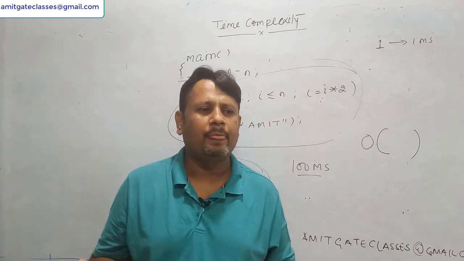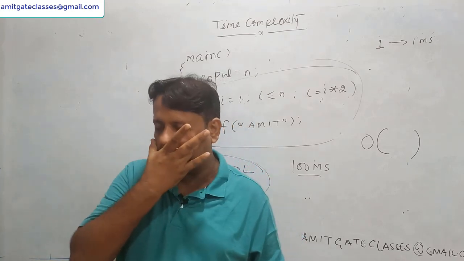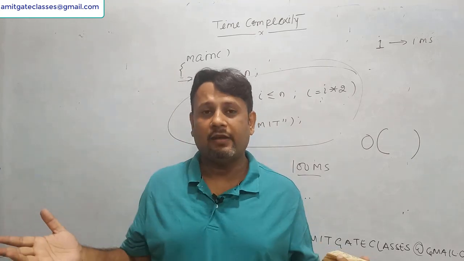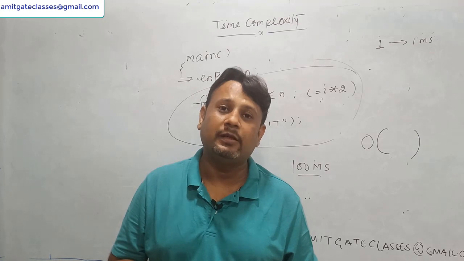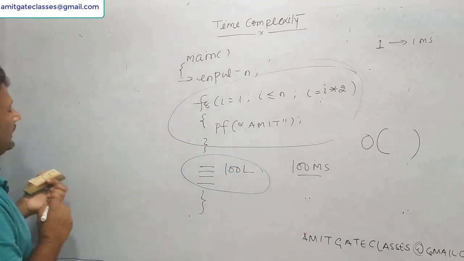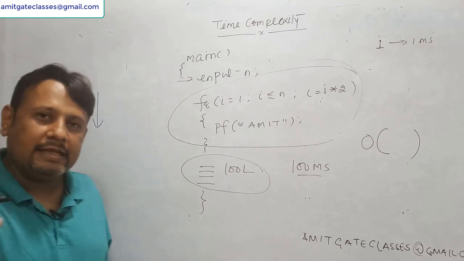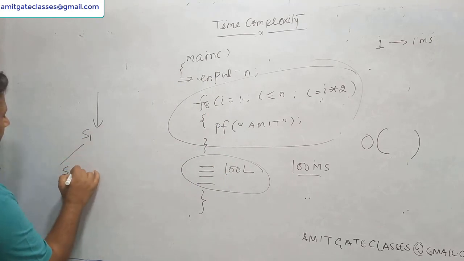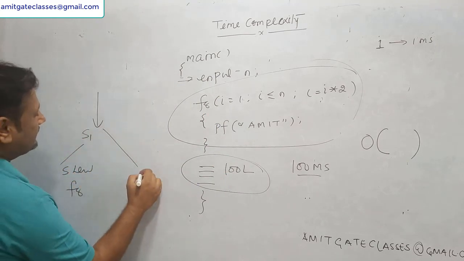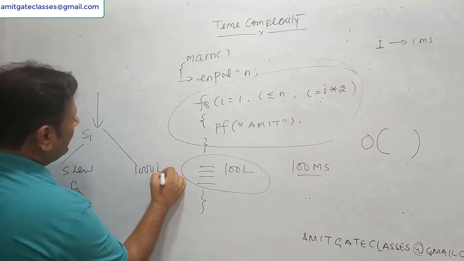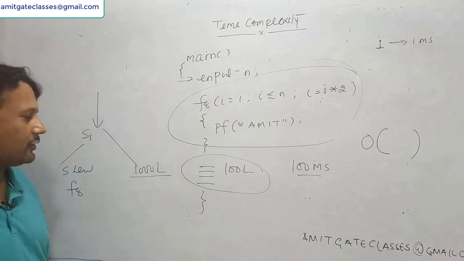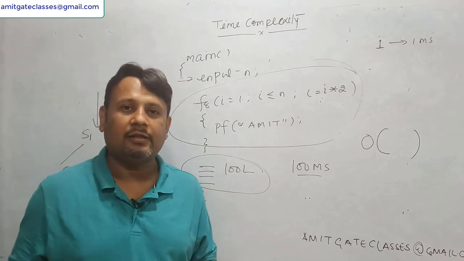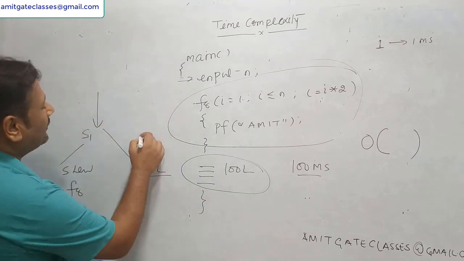One more thing before solving this question: if somebody says one student has written a program of 1000 lines and one student has written a program of 5 lines, which program is better? Don't give the answer straight away that the program with fewer lines is better. Why? Because please ask, is there any loop involved in both programs? Let's say student 1 has written a 5-line code where a for loop is involved, and student 2 has written a 1000-line code where no iteration or control statement is there. I told you in the beginning, if any program does not contain a control statement or loop, this is the most efficient program.